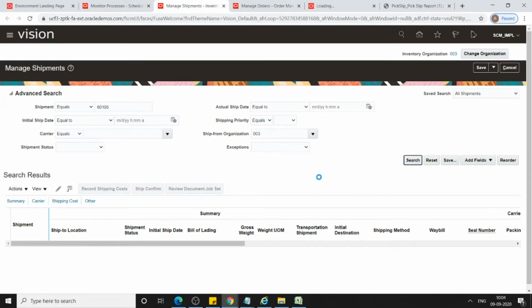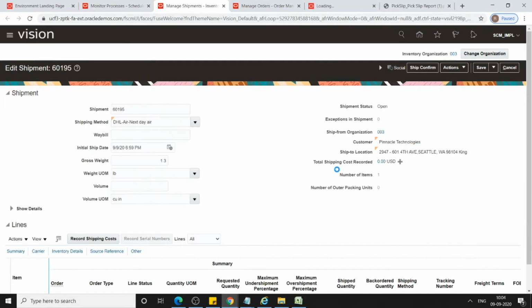Okay, so let's say you have not noted down the shipment number. You just click on additional fields, where it will show the other fields. You can add those fields to your search area, and using that also you can search for your shipment number. Like in Oracle EBS, from shipments we will enter the sales order number, then the shipment details get displayed over there, right? So the same thing here also you can do, it's not an issue.